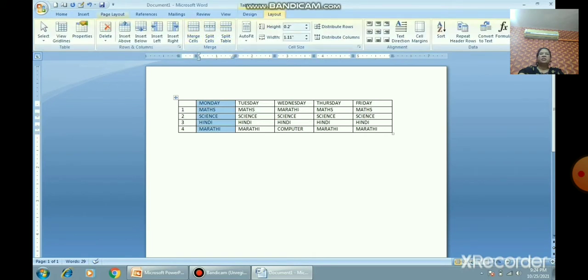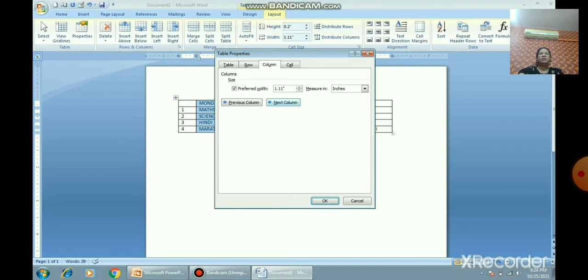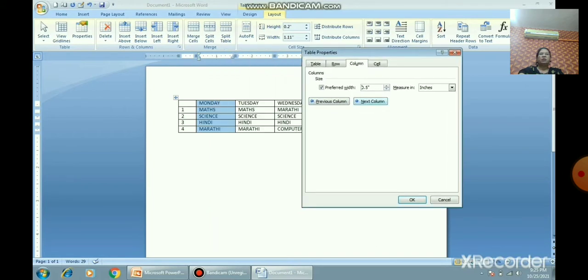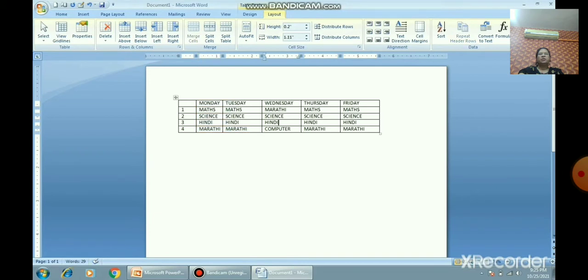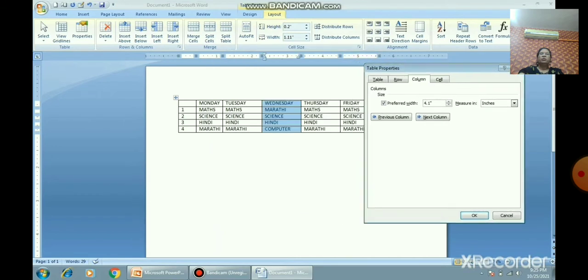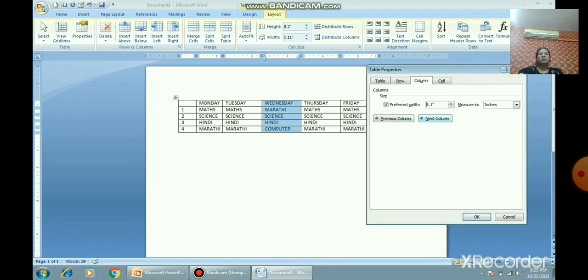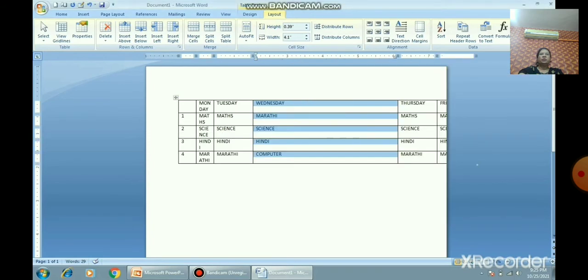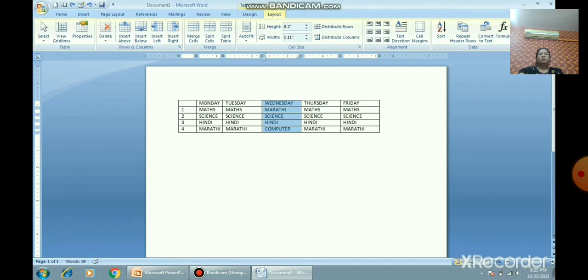With the help of this, you can see the inches, so you can decrease or increase your column width. Now select the second one, again layout and properties, select the column, and select the numbers. Here you can select now 0.5 because you want to decrease the second column, right? And click on OK. Can you see there? Yes, again the same thing: select the column, layout, properties, and again column, because you are going to decrease the column size, so you can select a column size. So this way you can increase or decrease the columns as well as rows also. So can you see here now the columns? I have taken 3.0, right? So now understood.